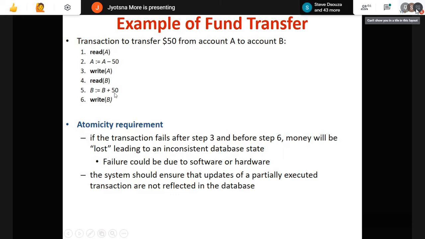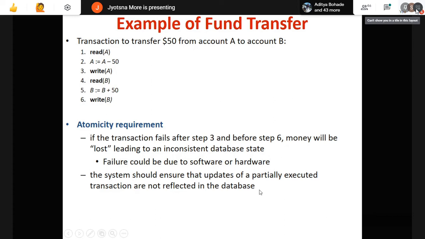If you want to solve this problem, you have to go for the atomicity requirement or atomicity property. A transaction should get executed completely or not at all. If there is a failure here, you can roll back this transaction completely till here. Whatever value I was having previously will remain the same. I will not have any of this executed. You have to abort your transaction completely, destroy your transaction, right? So that is atomicity you have to check.